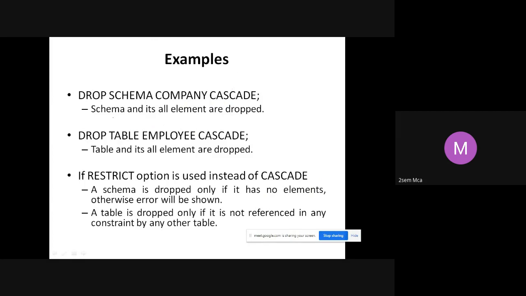That means the schema and all its elements will be dropped. What are the elements? Tables are the elements of the schema. When I say company schema, yesterday's lab session, we had taken the cricket example. Cricket application. All the tables are there in that cricket schema. So when I say drop schema company cascade, it means all the tables will get deleted. All the schema will get deleted. Drop table employee cascade means the table and all its elements are dropped.